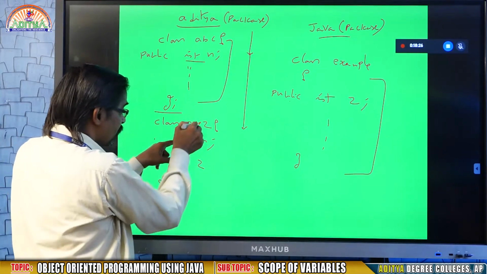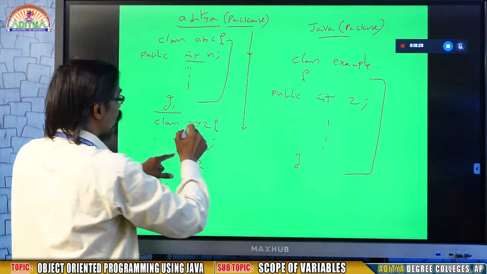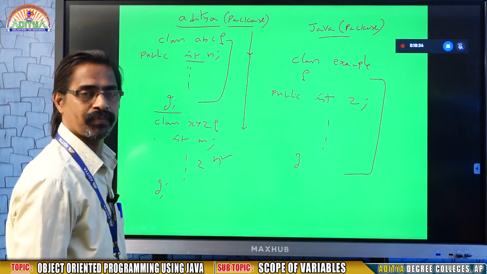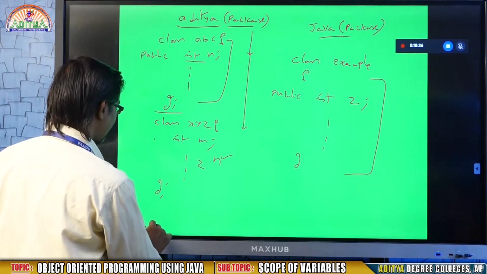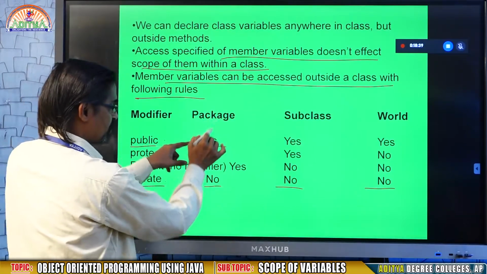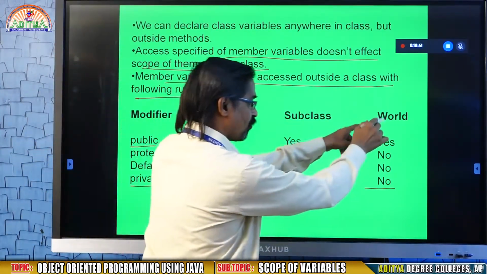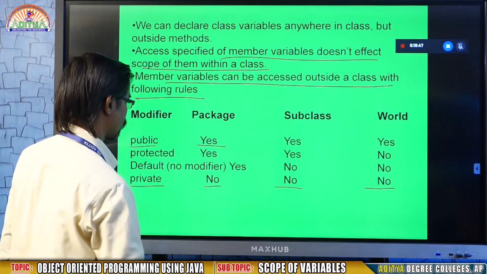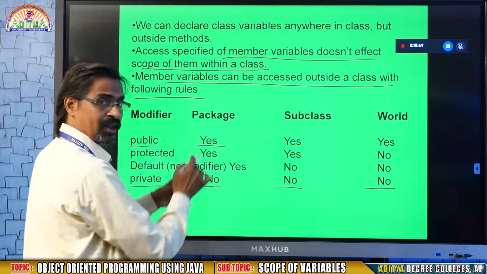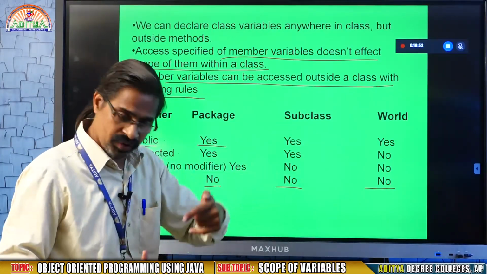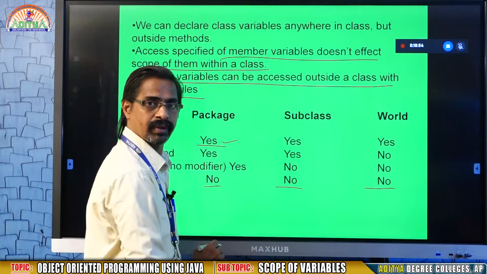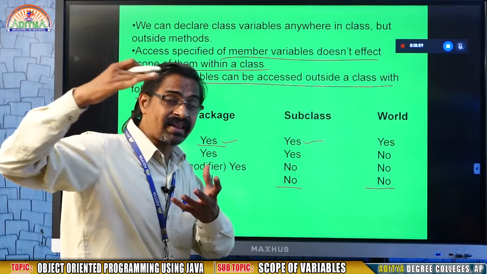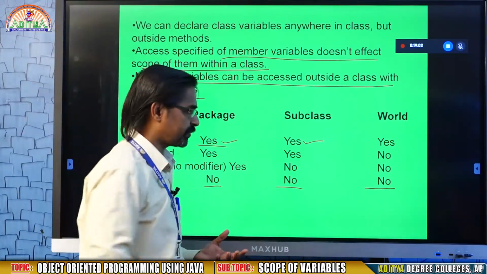At the same time, here xyz is also in the same package, so here n also will be acceptable. That is within the package, it will be accessible. So public within the package, yes. Subclass, yes. World, yes. That means any variable defined as public is okay within the package, okay in the subclass, and the class that is available in another place is also okay.